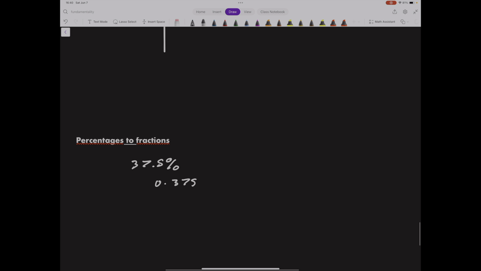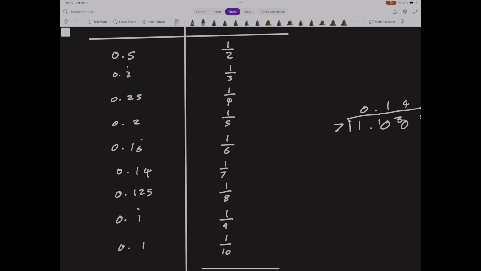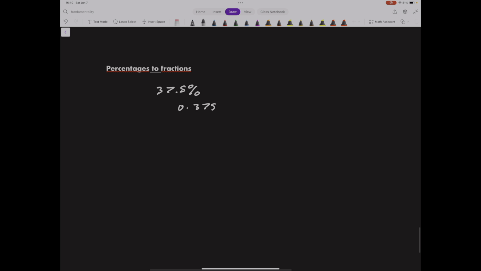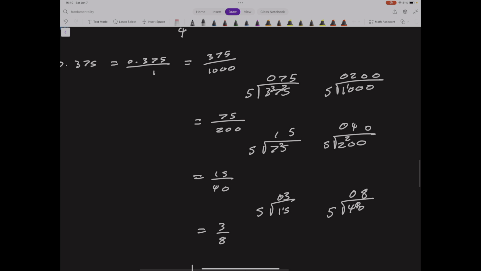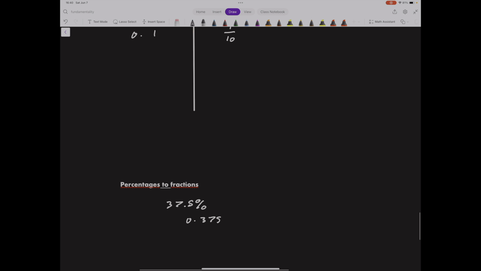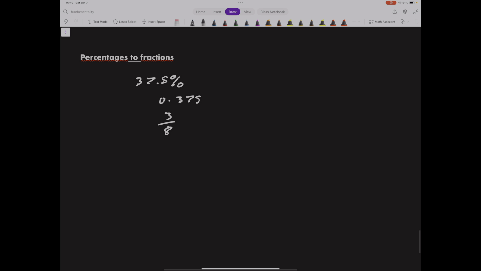Now, if we look back at our table, we can recognize that instantly as 3/8. But let's assume you don't remember that, then we're going through our whole process again. And then eventually getting 3/8. Anyway, that's just one you recognize, but